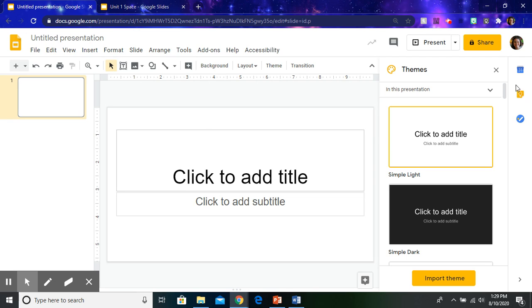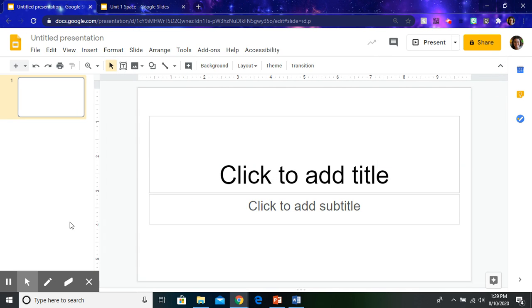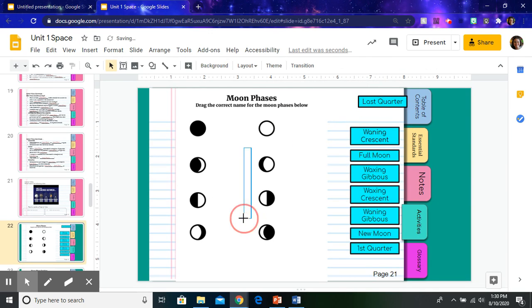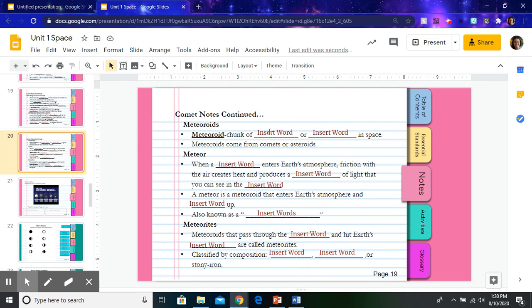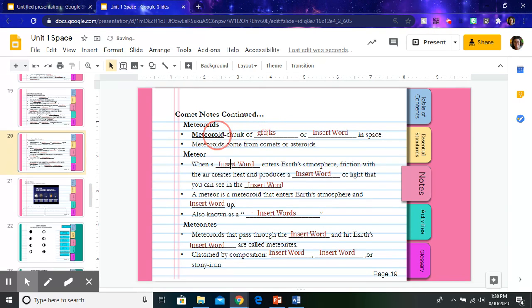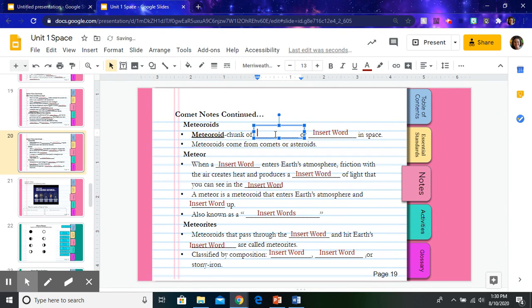You're going to start a new presentation. The biggest thing that you need to do is to get your master slides done. So whenever you have a master slide, if you'll notice on here, like they can move these, but they can't click on this. Like this is not clickable. They can't move them. Same with anything else. So like on these, they could type in the words, insert word here, but they can't move the notes. The notes cannot move. And the way you do that is by creating them in